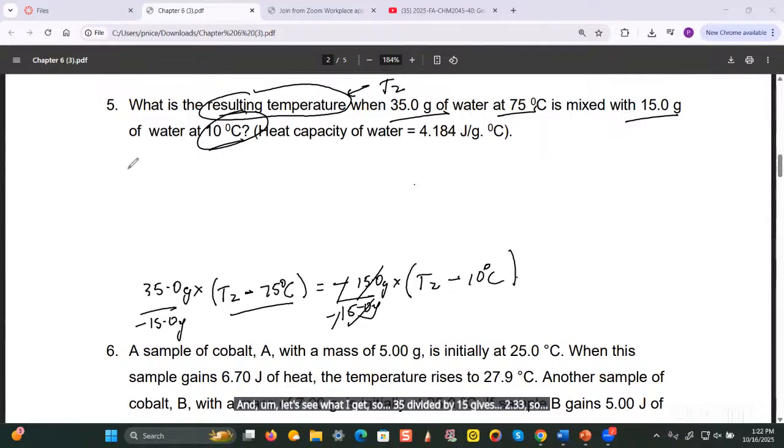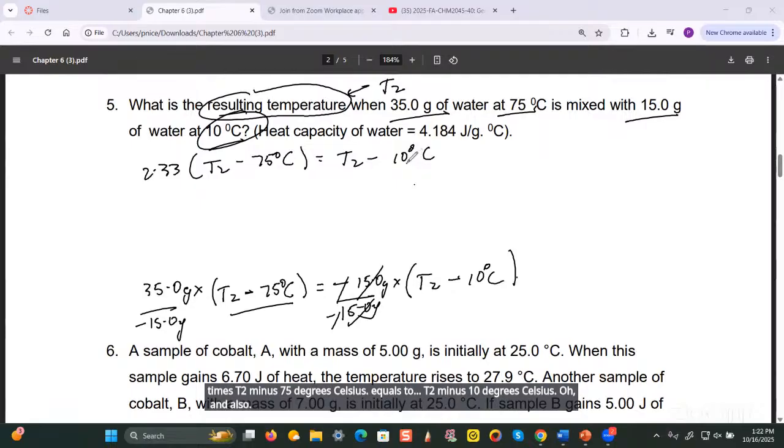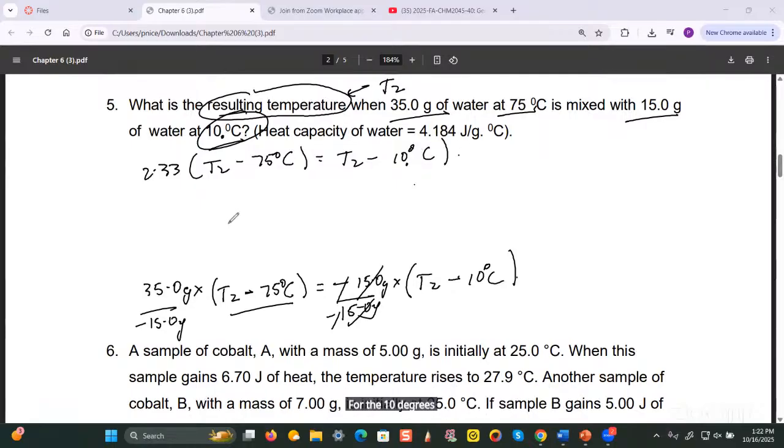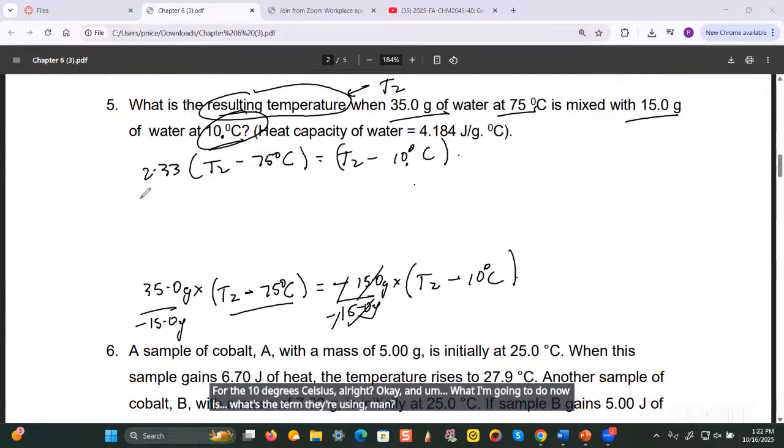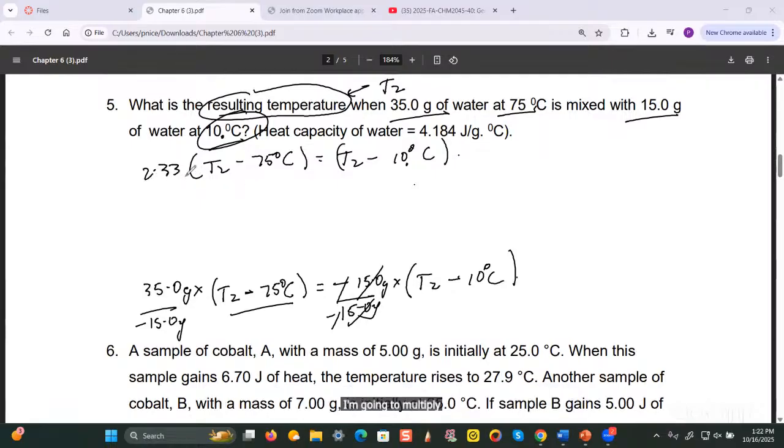So I'm just going to continue up here. 2.33 times T2 minus 75 degrees Celsius equals T2 minus 10 degrees Celsius. Oh, and also add a decimal point here. That's another typo for the 10 degrees Celsius. All right. And what I'm going to do now is, what's the term they use in math? Distribute. I'm going to multiply 2.33 by everything within the parentheses. I'm going to end up with